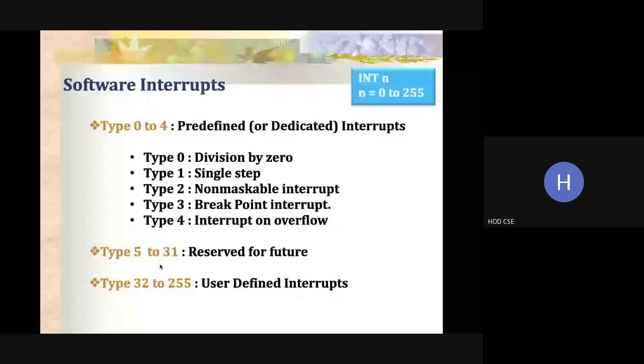That is the breakpoint interrupt. Type 4 is interrupt on overflow. If an overflow occurs, this interrupt service routine will be used. Then type 5 to 31 is reserved for future use, and type 32 to 255 are user-defined interrupts, so we can use them. So this is the interrupt vector table. We have the table here.